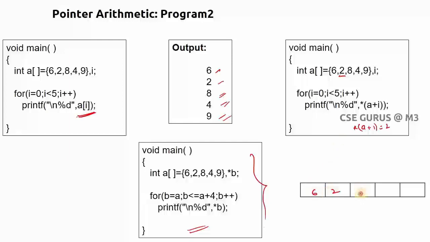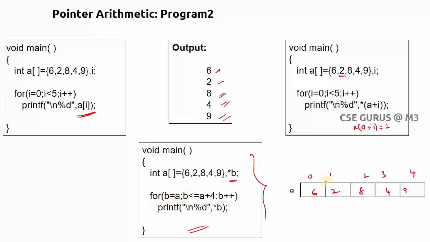So I'll take all those values. A of index starts from 0. So let us suppose here like this it will be taken. Now I have taken a pointer variable b, and here you can say I didn't take an integer variable i, that is to take for index, but I have taken a pointer variable here. Of course in the previous examples I have not taken any separate pointer variable, but here I have taken. You can see how it will be executed.